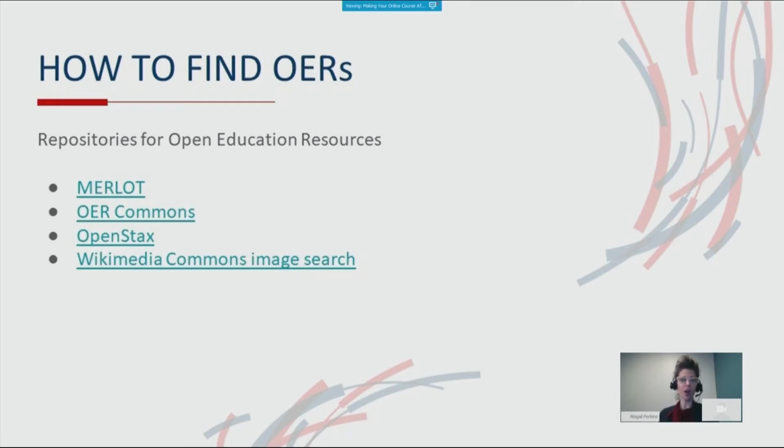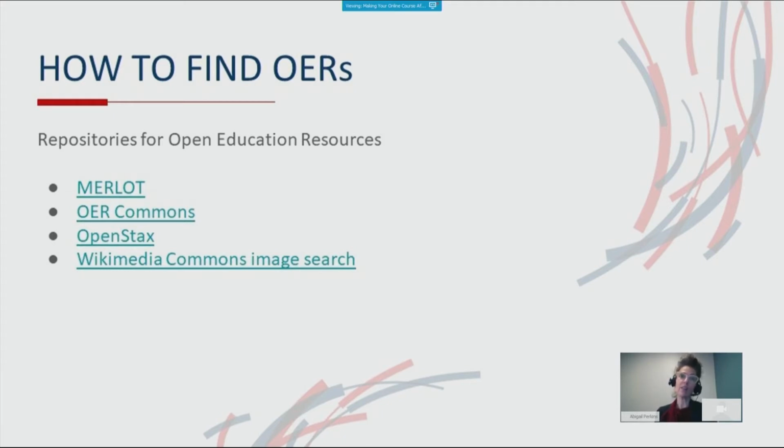And Wikimedia Commons, why do I have that one in there? A lot of images are OER, and there are also a lot of images that are copyrighted that don't have permission to reuse. So oftentimes we want a nice diagram or a graph, an image of some sort, not necessarily an entire textbook or an entire question bank. Maybe we just want a really good image. And I would recommend Wikimedia Commons to explore some of those